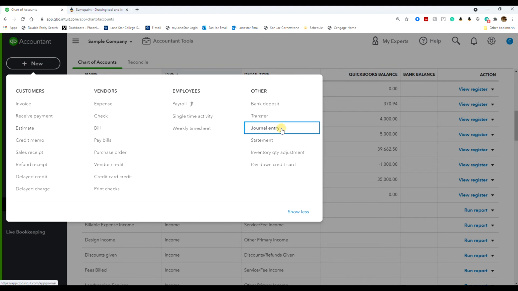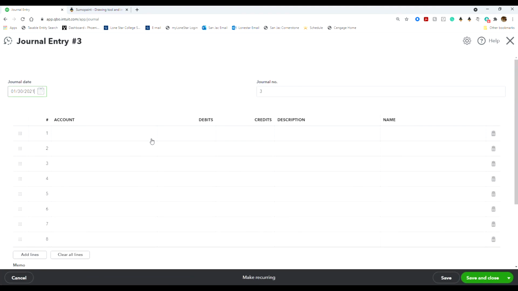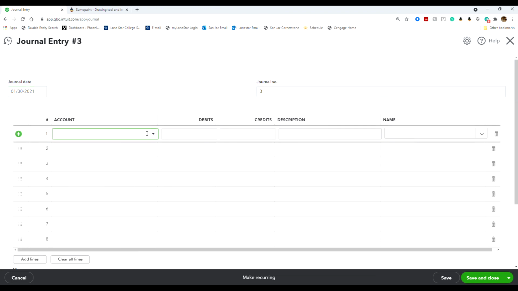Let's make a journal entry. Again, we're making a journal entry because we really don't have a bill of sale here. We're not buying anything. We're actually just investing more money into our company. So when we make this journal entry,